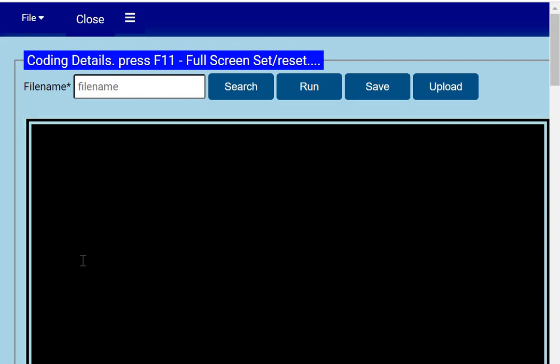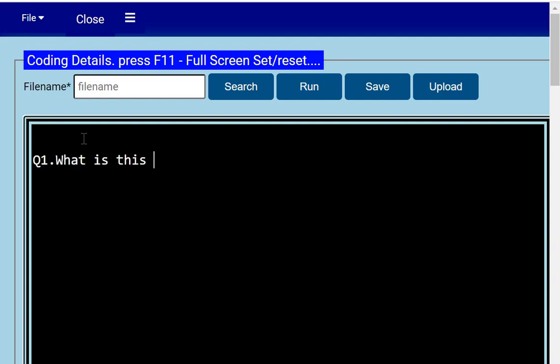Hello everybody, today we will learn about this keyword. So I'll start with this question. What is this keyword? The answer to this question is: this is a very important keyword